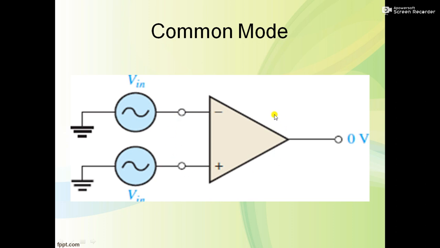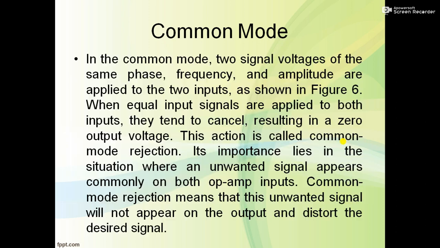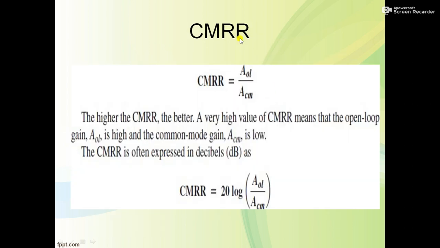See, already explained in the previous slide, theoretically we can say that if both inputs are the same, the output is 0, but practically we will get a small difference. So to avoid that small difference voltage and to get the 0 volt, we now use the common mode rejection ratio. See, the CMRR is one of the important parameters of the op-amp, the common mode rejection ratio.